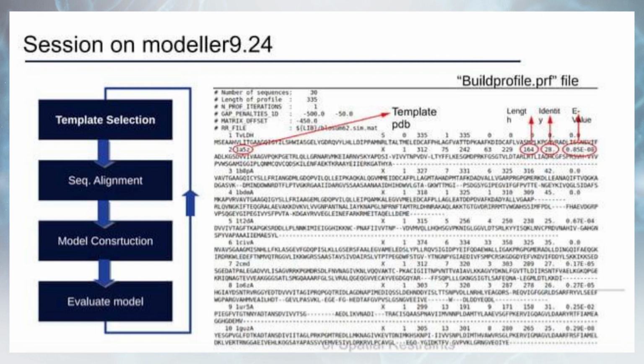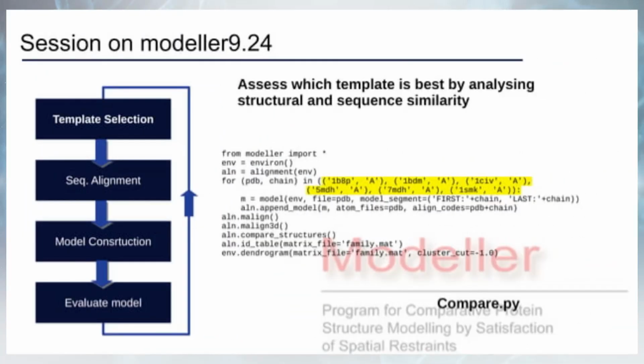Taking all this, the template which will be taken will be your PDB file. That is also given with a .pdb extension and is depicted as a red arrow. So, these all will give us the input and the understanding in the build profile.prf file. After doing the build profile, now we need to compare the sequence and assess which template is best